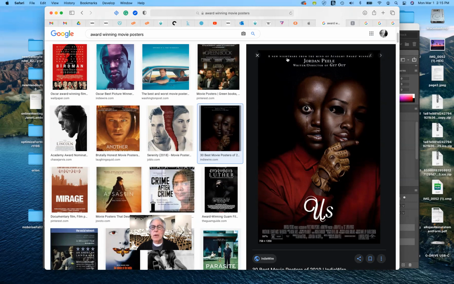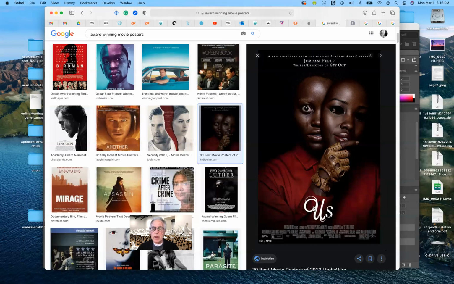Notice at the top how they have Jordan Peele as the director of Get Out, but it really is secondary. And although it's at the top of the page, it's small and doesn't overpower the rest of the image. The image itself is the strongest element. The strong, warm colors, the way that the image itself dominates the poster is really very effective and pulls you in.